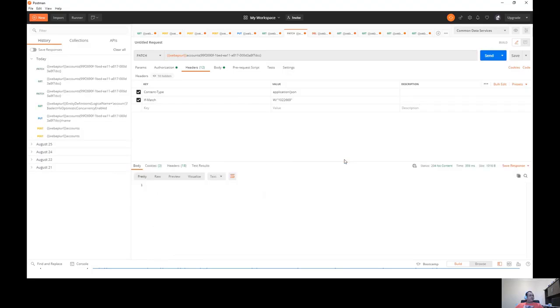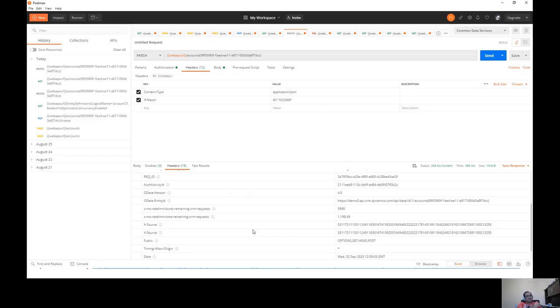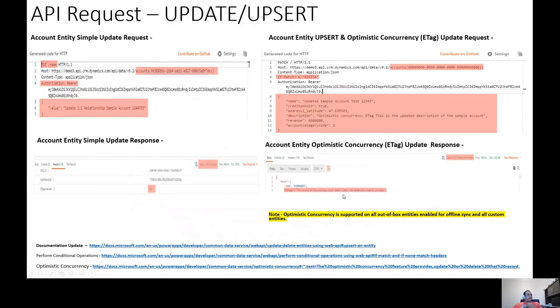And now if I update, the record will get updated. So pretty much all this optimistic concurrency and complex updates, if I want to do using the match property, I can easily achieve it through the APIs, right?